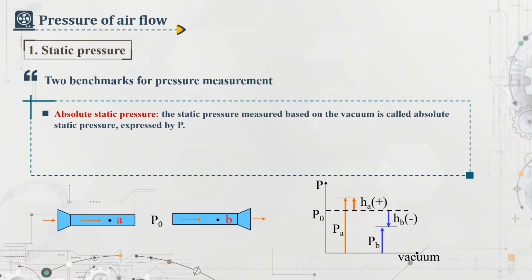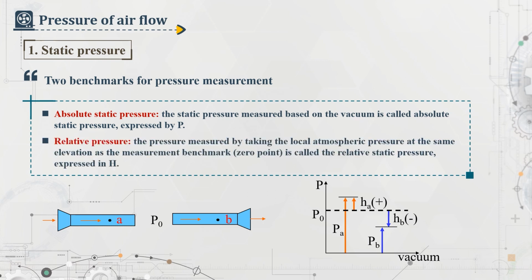The static pressure measured based on the vacuum is called absolute static pressure, expressed by P. 2. Relative pressure. The pressure measured by taking the local atmospheric pressure at the same elevation as the measurement benchmark, 0 point, is called the relative static pressure,